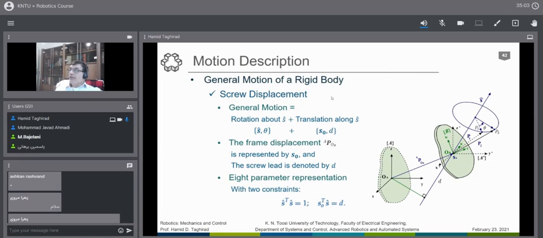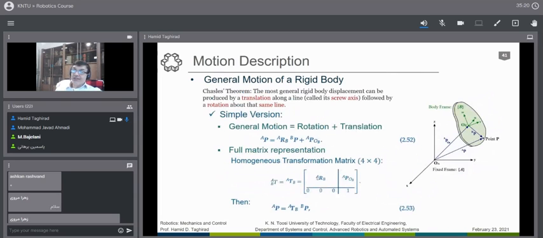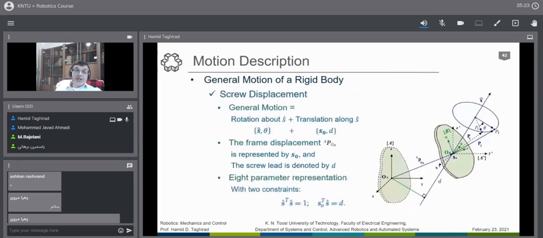Okay, now that we have defined the screw displacement, we can use it further, and this is one of the importance of screw representation. A rotation matrix cannot do this that well. As we see, we should put it in a transformation matrix. A quaternion representation or Euler angles do not have the power to represent the general motion, but the screw displacement has this. Now, how do we go from one